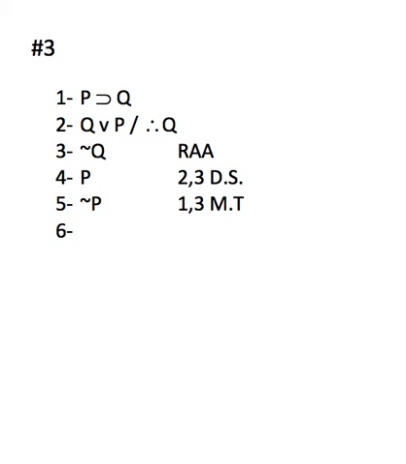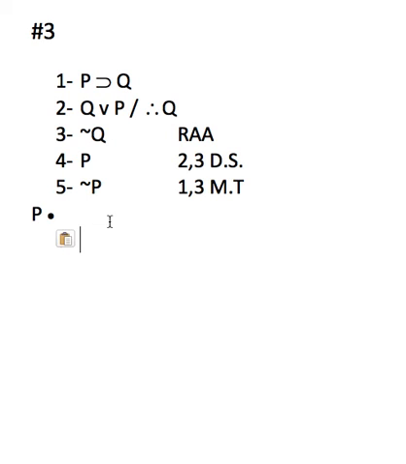And so then what we have is a P, and not P, which is what we were trying to get to. And if we can get to that, then we know that this is not right. So we did 4 and 5, and we did conjunction, and therefore, if we can get to that, then we know that this is actually right, and we know that based on lines 3 through 6,